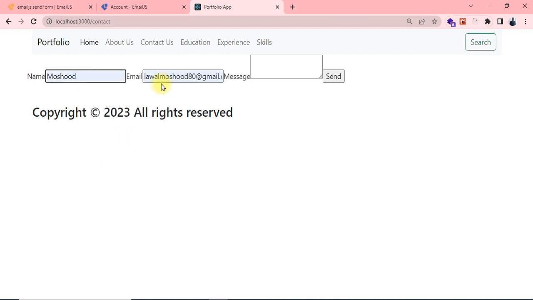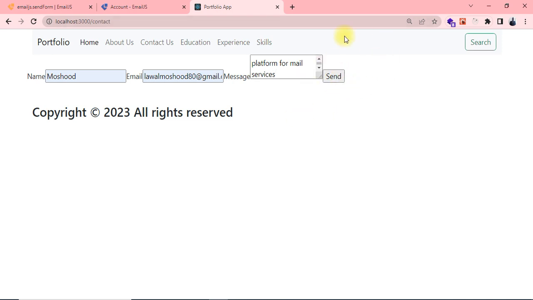Say hi, this is our new platform for mail services. Okay, if I click on send,